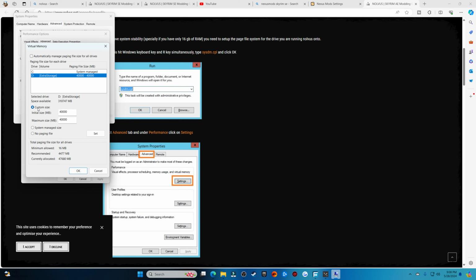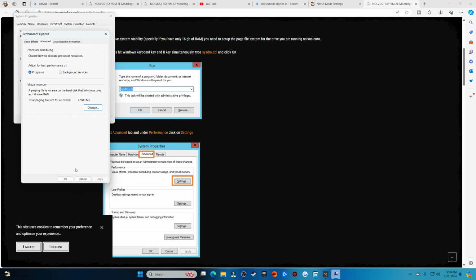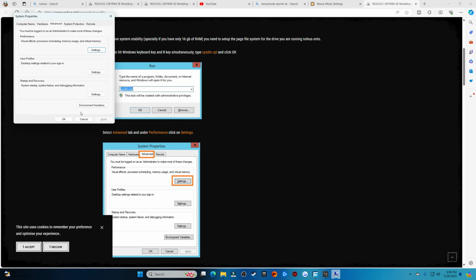And then you do custom size, type in the amount, or where it says here automatically manage page file size for all drives. You want to uncheck that and go to custom size and type in 40,000 on both of them, and click OK. You're gonna have to restart your computer,